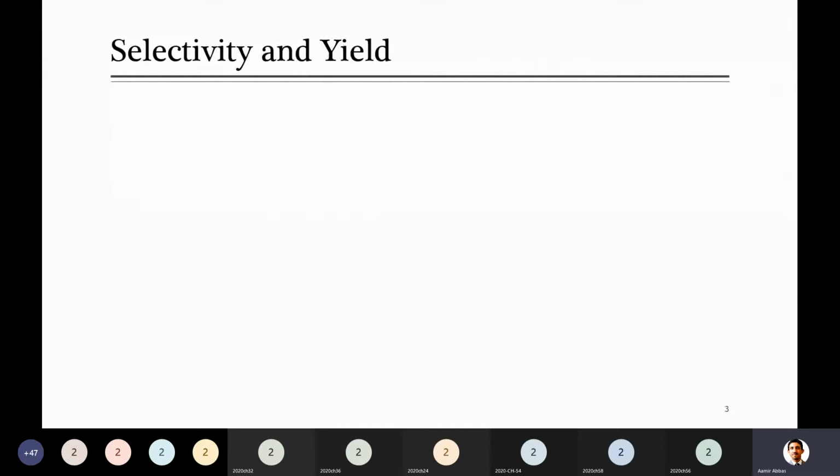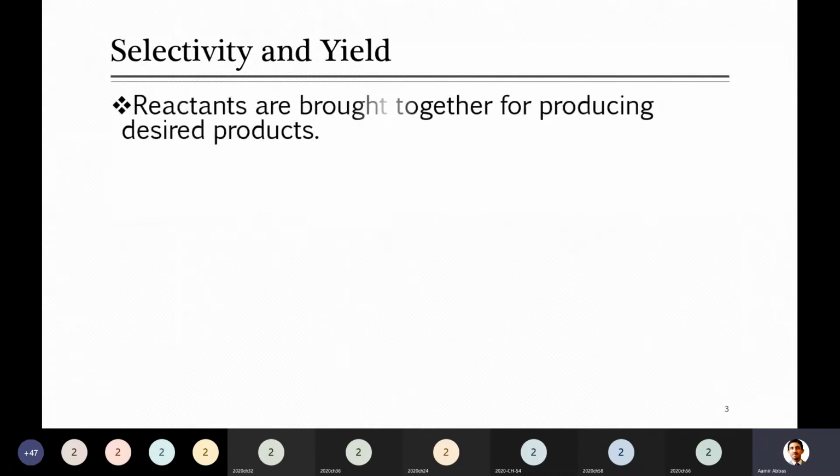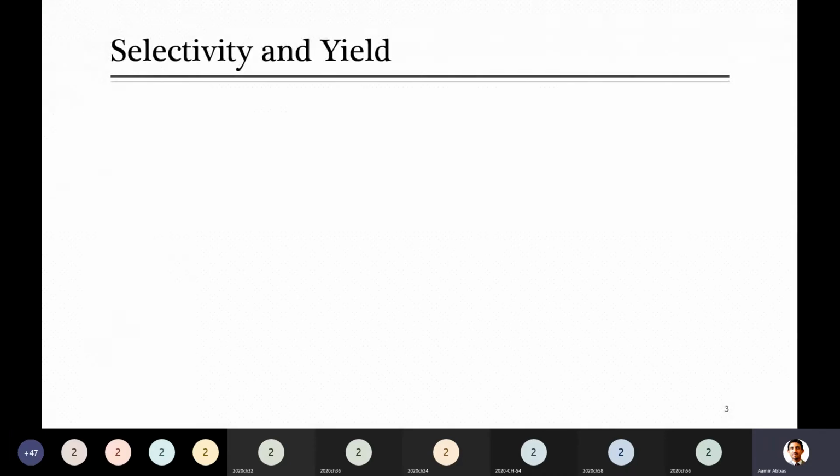So selectivity and yield, if you remember, at the end there was one slide where I showed you just two equations, and I talked briefly about selectivity. Today, at the end, we have to solve one problem which consists of a number of steps, and all the concepts covered in these two lectures will be applied in that numerical. By the end of today's lecture or by next lecture tomorrow, we will switch to material balance by using elements as well as components, and hopefully we will solve some problems.